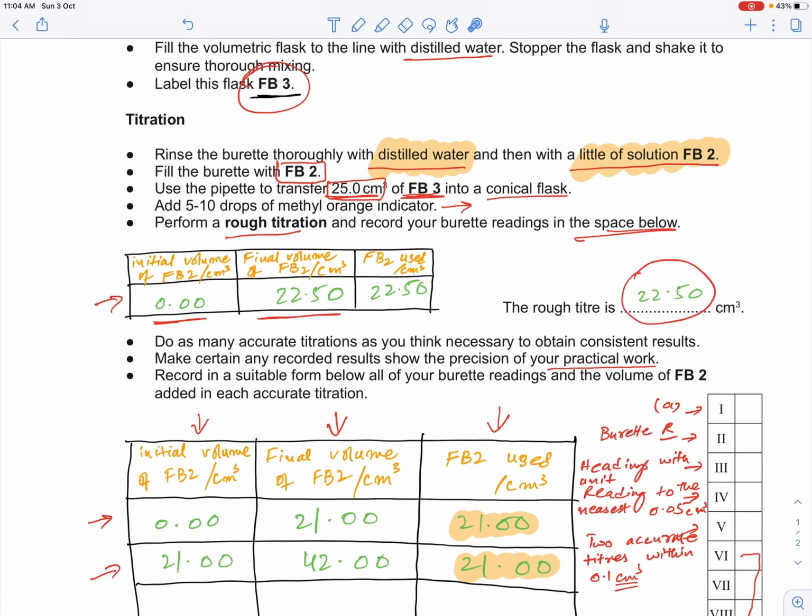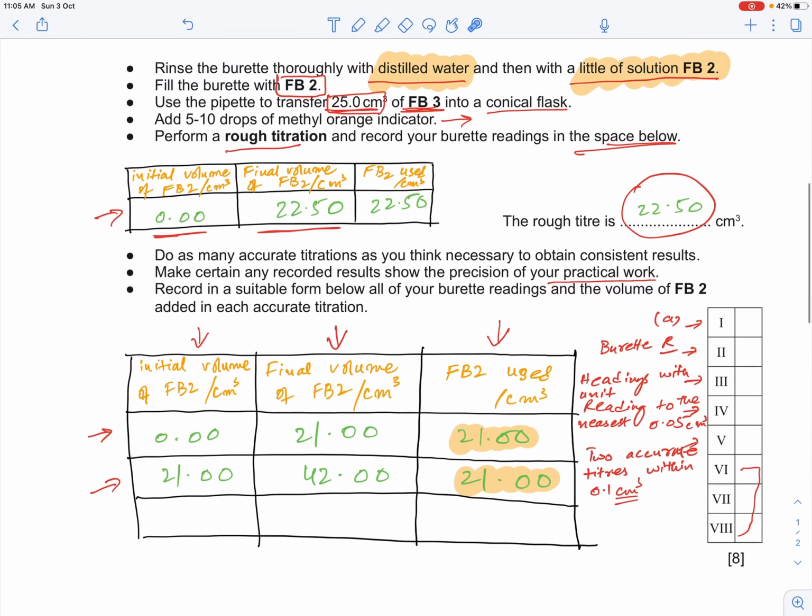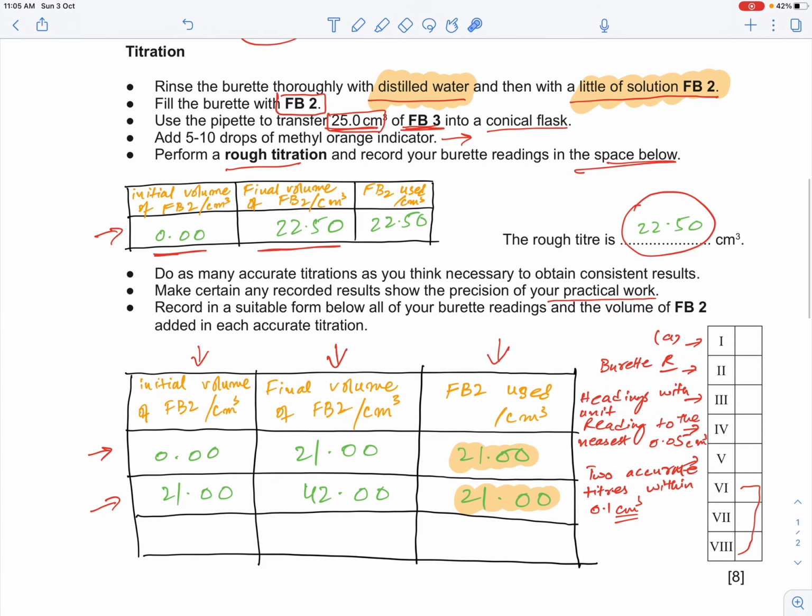So these are the marking points. The last 3 points are for the accuracy of the results, right? Your answers will be matched with the supervisor's answer, and then you will get these 3 marks. Okay, so this is all the procedural part. Now let's move on to the calculation part. All right.